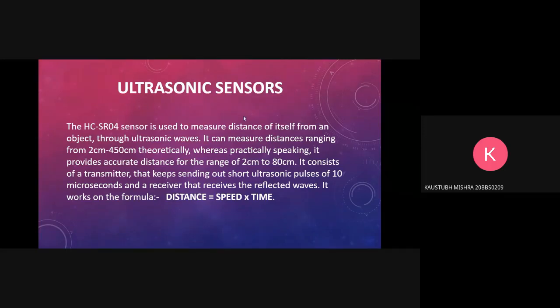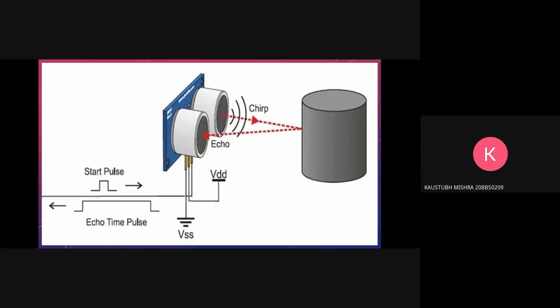So let's see the working of the ultrasonic sensor. The ultrasonic sensor has the two eye looking things, right? So the right eye of the ultrasonic sensor is actually the transmitter, or the part of the sensor which actually sends out ultrasonic waves. So ultrasonic waves are sent out, they reflect from an object, in this case this cylinder, and they come back, and while coming back they are picked up by the left eye, or the receiving pin, or the receiver of the ultrasonic sensor.